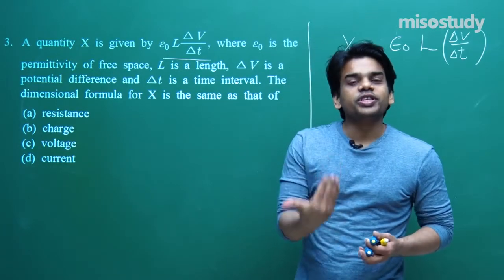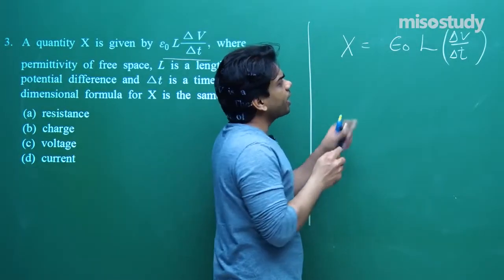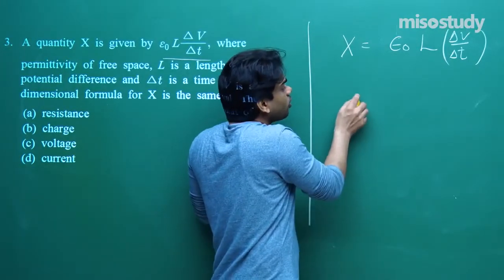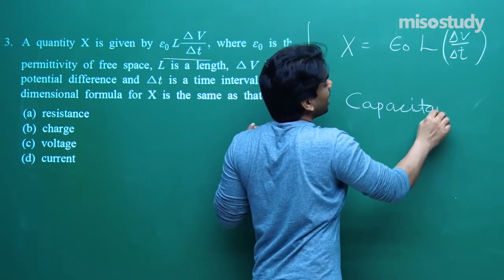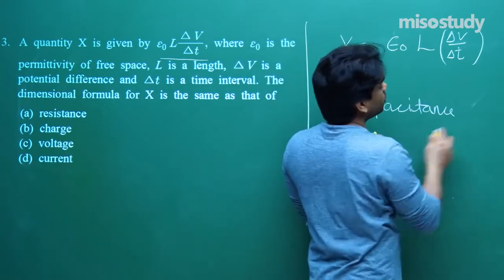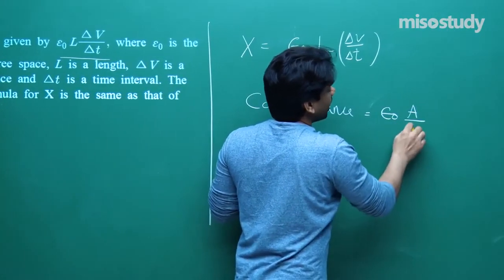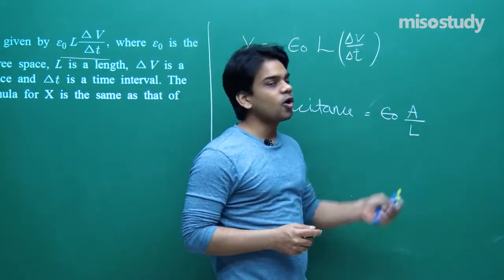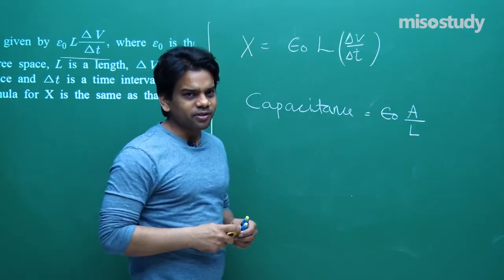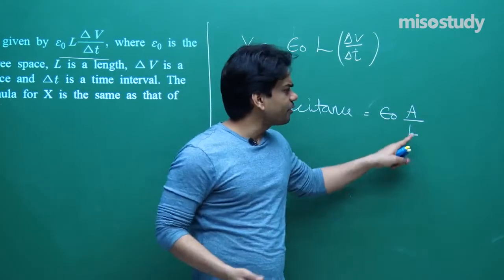Now before proceeding with the term, let me tell you where epsilon naught is used. Epsilon naught is used here also to evaluate the capacitance. C is equal to epsilon naught A by the distance between the plates of the capacitor. A is the area of the capacitor plates, and need not worry, you will be coming across this. Epsilon naught A by D is actually the formula, so D I have written as L.